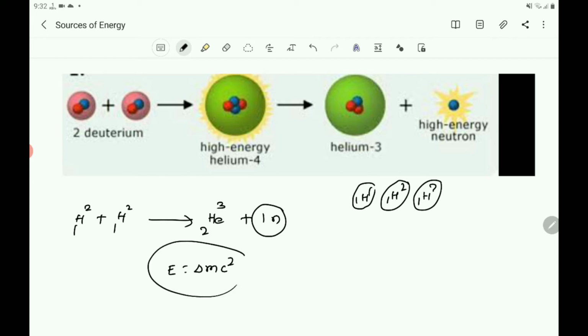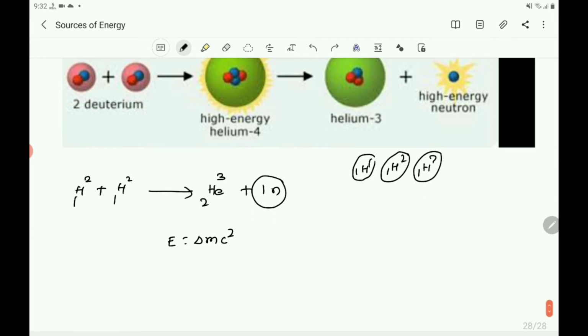You know that c is the speed of light. According to the relation E equals delta m c squared, some part of the mass is converted into energy. It releases a tremendous amount of energy according to the Einstein equation, as the mass of the product is a little less than the sum of the masses of the original individual nuclei which take part in the nuclear fusion.